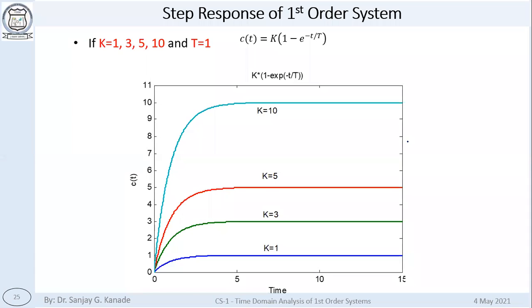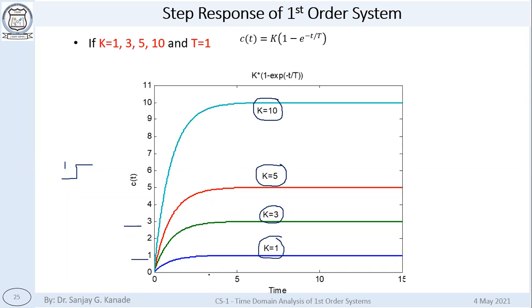Whereas the other factor in the first order system is, what is that? The second factor is the DC gain of the system, which is nothing but the simple gain, right? You can see here, if the gain is 1 or 3 or 5 or 10 and the input is 1. Remember here the input was only 1 unit step, right? Step response, unit step input was given. So in that case, the output will be dependent on the value k. But which output? The steady state value of the output, right?